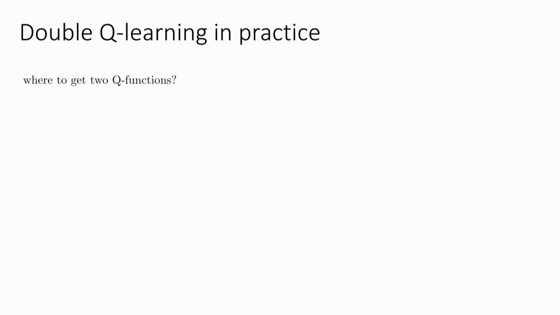So where do we get the two Q functions? We actually don't have to change very much in our existing algorithms, because our existing algorithms already have two Q functions. They have a Q phi and a Q phi prime. So all we have to do is slightly modify the algorithm we already have so that it never evaluates the value at an action which is the argmax with respect to those same values. So just use the current and target networks as phi A and phi B.